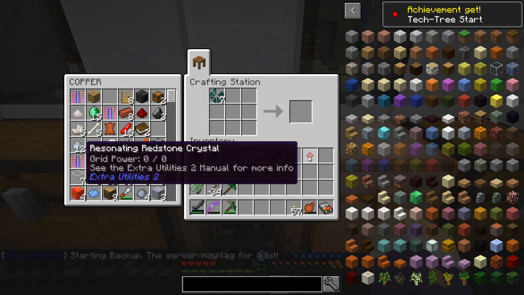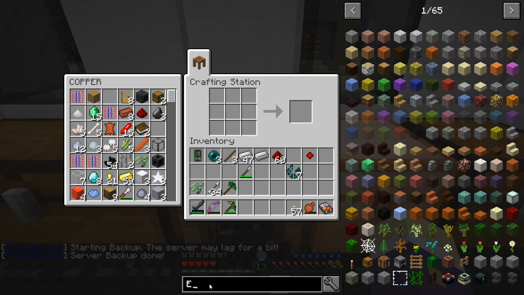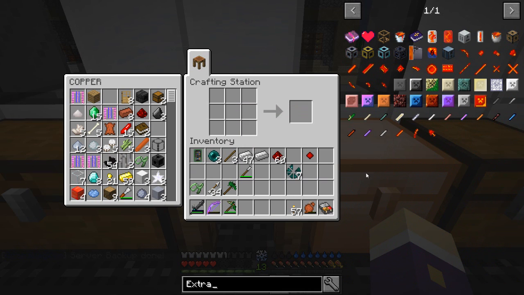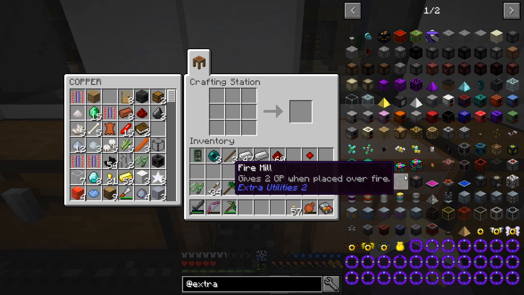Redstone resonating crystal. Yes. Awesome. And then, what was the other things? Oh yeah, there was a lot of things for extra utilities that I wanted. Is that 1 page of extra utilities? No, it's at extra. Oh my days. You can tell I had almost a week off last week. Yeah, I want to make some